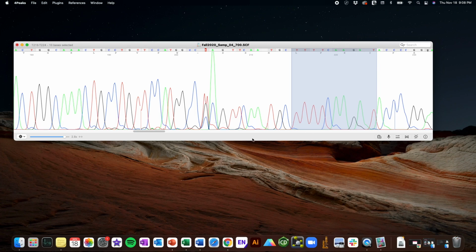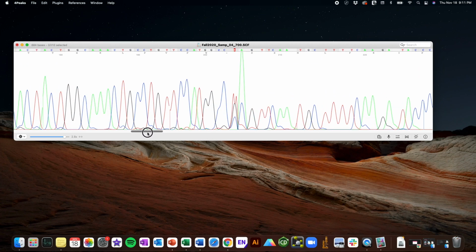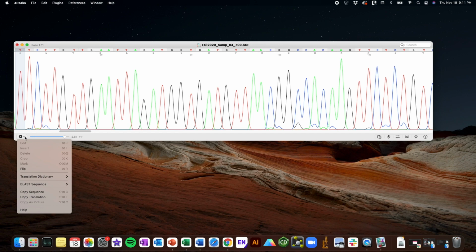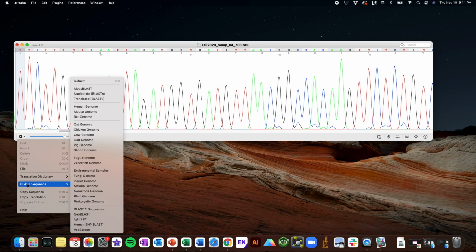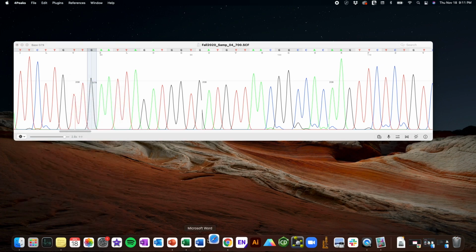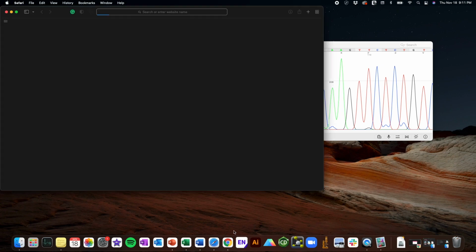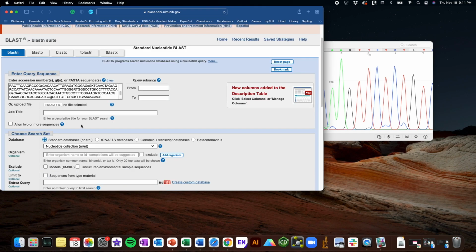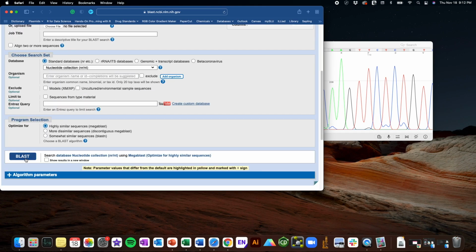letter there. When you are all done analyzing your data and you're ready to do a blast search, what you're going to do is come down and select this cog and then click on blast sequence and then just do default. It's the easiest one. What this is going to do is automatically open a web browser and do the NCBI blast search with all the parameters already put in. So all you have to do is scroll down and then click on blast and wait for the results